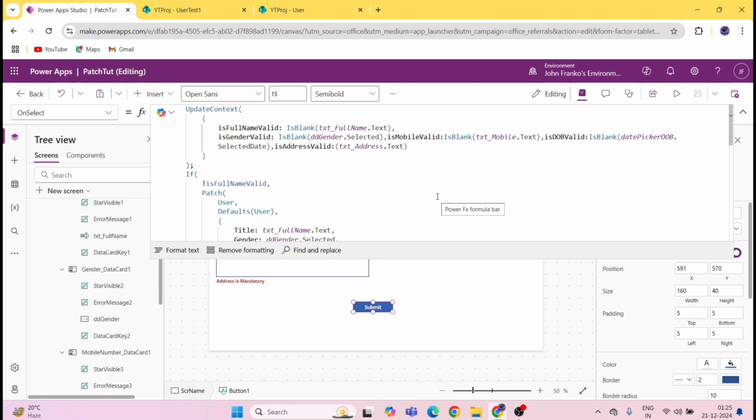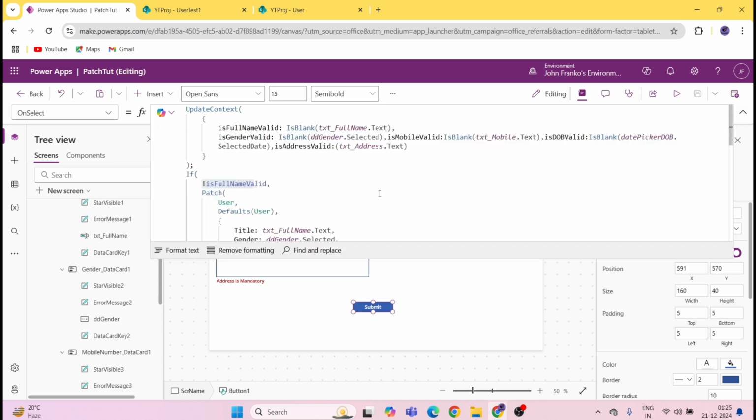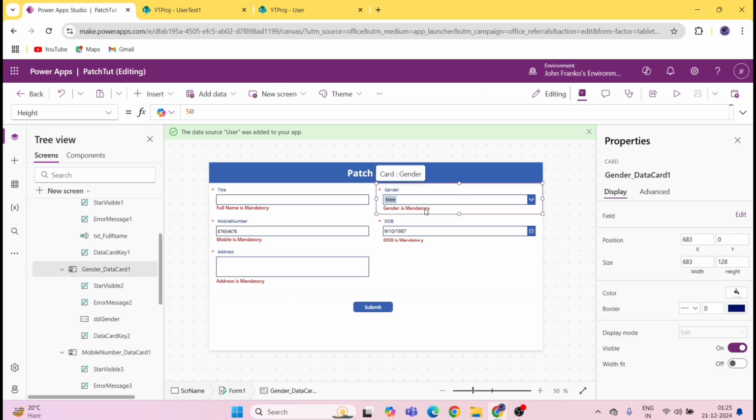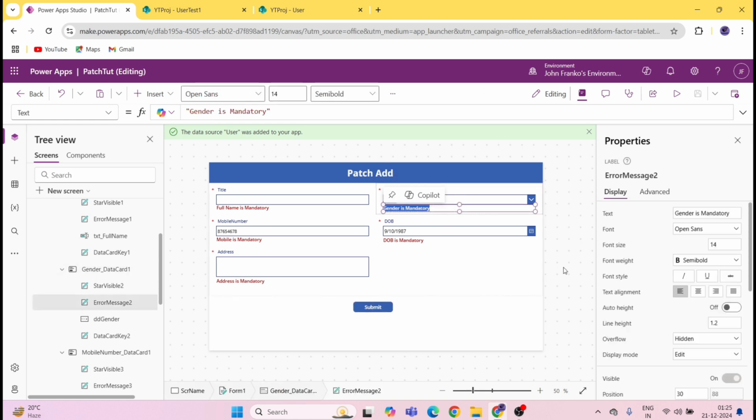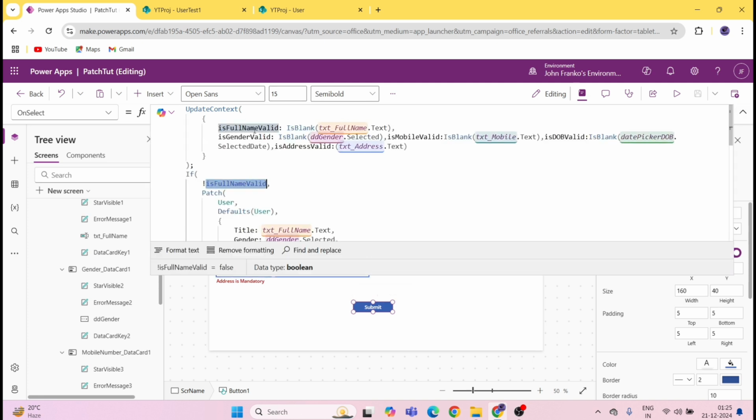Now what we have to do, we have to write the if condition as well, meaning when all the things have been filled, then only we should be able to add the data in a list. Even if we added the update context, it will work only to show this label, but it won't work with the patch function, because for the patch function we are just checking the name valid. If name is valid, we are checking that only, but we have to check every other field. So what I'll do, you can add the